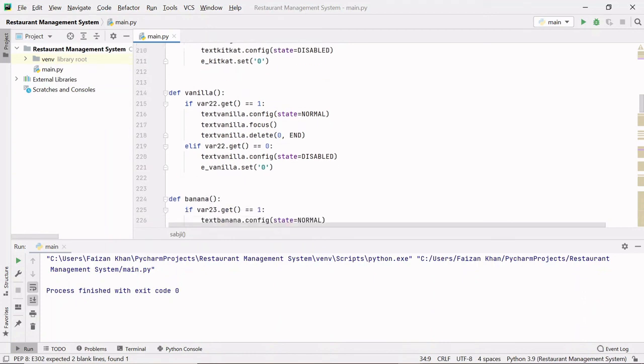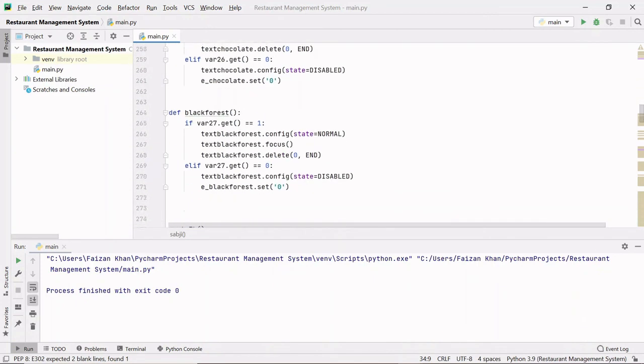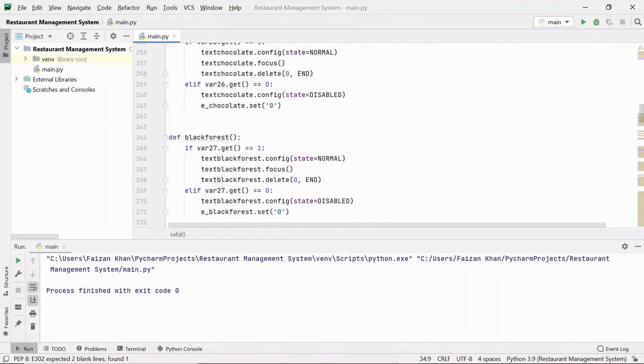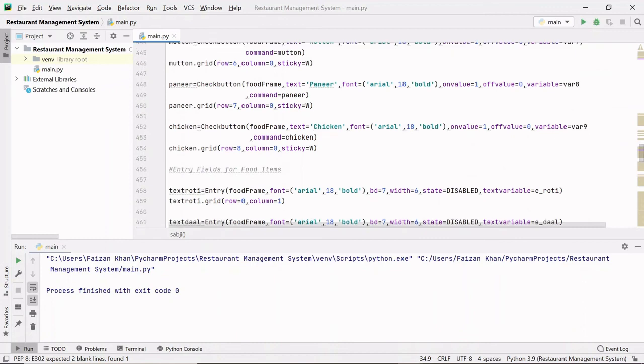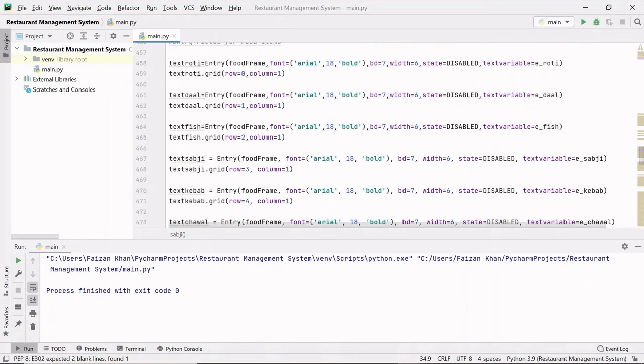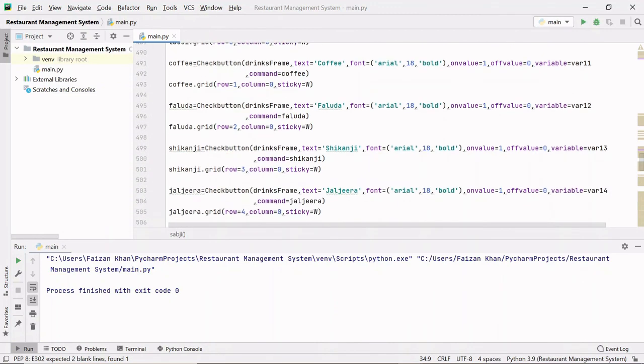And after defining all these functions, what next you have to do is to pass command to the entry fields, right? So make sure you pass the commands to the entry field, otherwise these functions will not be called. So you have to go to the entry field, and there you just have to write the function name that you define, just like I did command equals to lassi, command equals to coffee, and so on, right? Only this is the change.